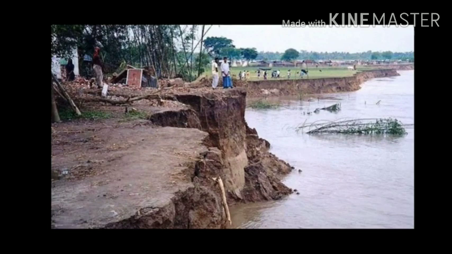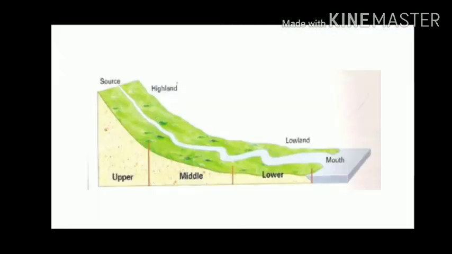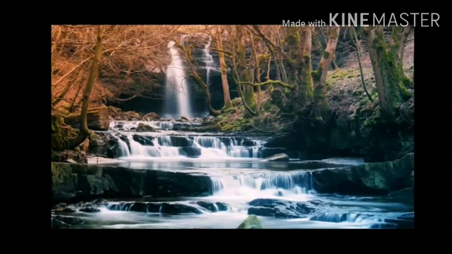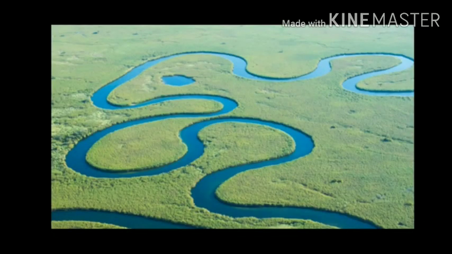Work of a river. The running water in the river erodes the landscape. The course of a river can be divided into three parts. The first part is the upper course, the second is the middle course, and the third is the lower course. When the river tumbles at a steep angle over very hard rocks or down a steep valley side, it forms a waterfall. When the river enters the middle course, it enters the plain.